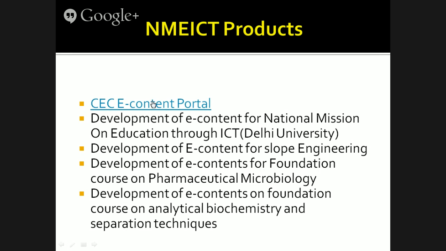Let me see if the net is connected or not. So this is the consortium of